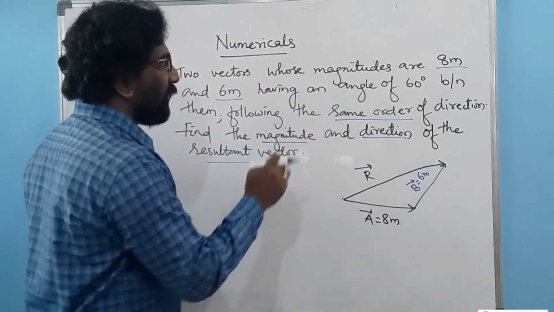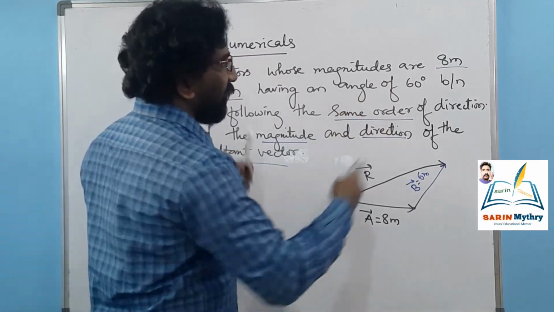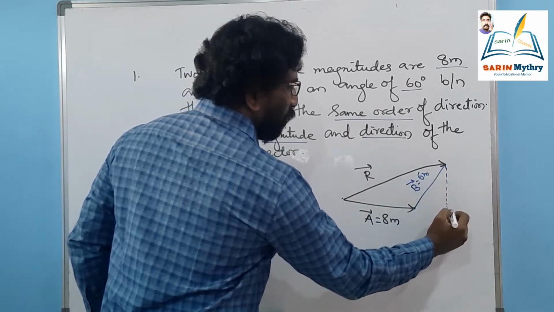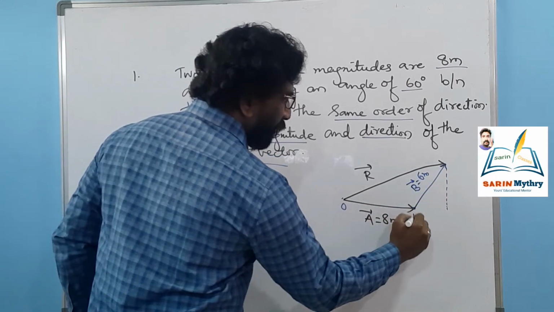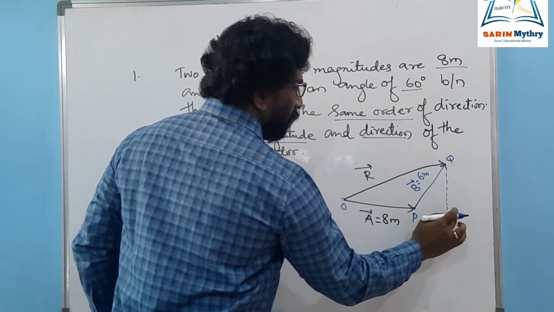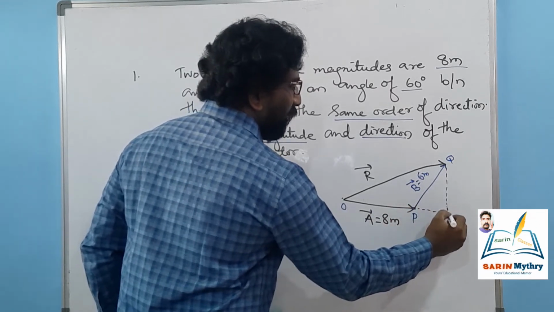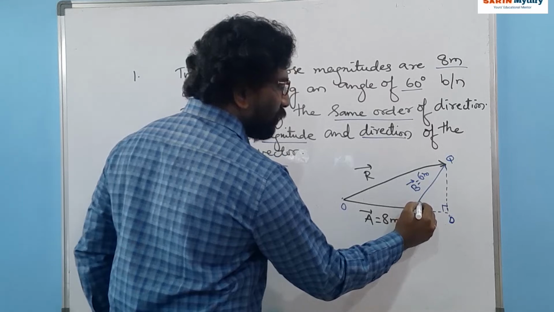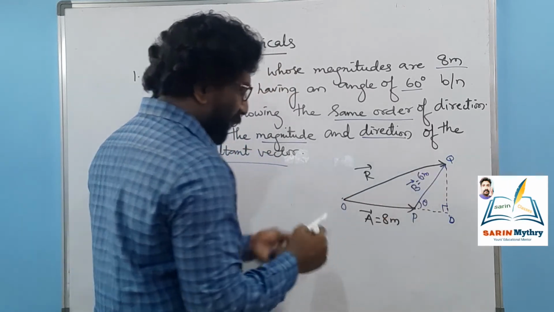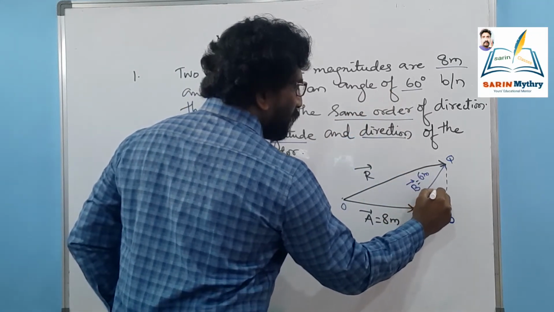So now it is mentioned that these two vectors, vector A and vector B, are making an angle of 60 degrees. For that one, I will drop one line here, one point, and let it be O, P, Q, and this is my D. O, P, Q, D. And if I extend this one here in this way, this becomes my right angle triangle, and this is your theta. This theta is the angle between vector A and vector B. What is the theta? The theta is given as theta equal to 60 degrees.